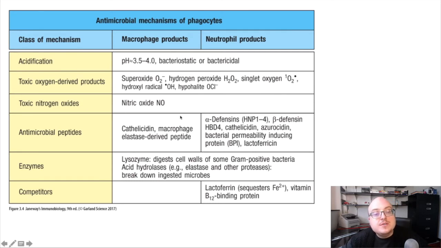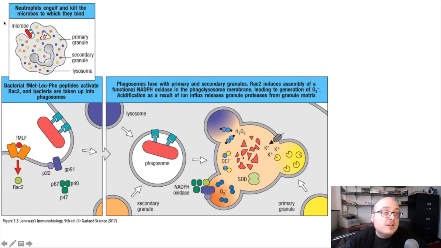One thing that you can notice here too is that macrophages and neutrophils, they're both very good phagocytes, but neutrophils in particular have some unique mechanisms by which they break down things that they eat. And that's because, if you recall, neutrophils are granulocytes. So in their cytoplasm, they have all of these distinct granular structures which contain all sorts of different antimicrobial proteins and other factors. And as it turns out, when neutrophils internalize microbes, they recognize PAMPs just like macrophages do. This is an example of a PAMP here that they use to internalize things. You don't need to worry about the signaling that's being represented in this figure.